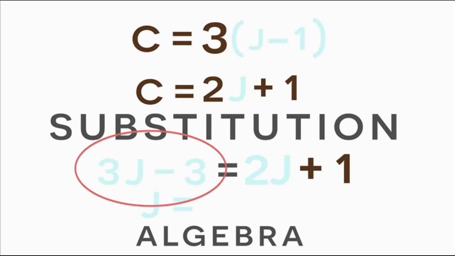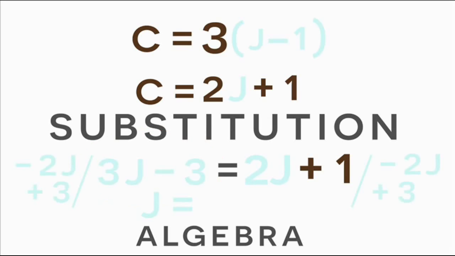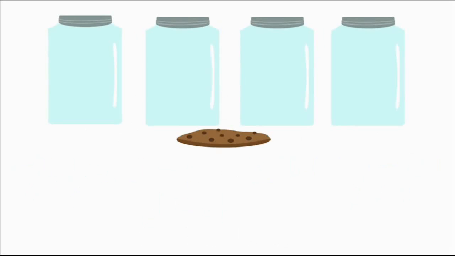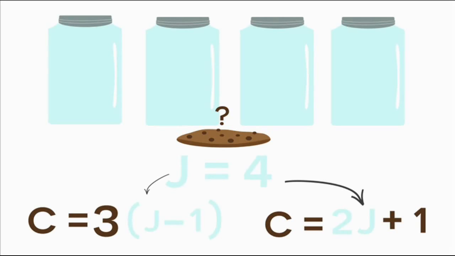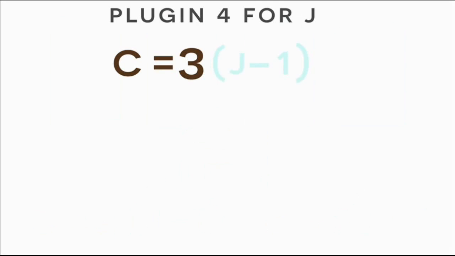And now we can solve for J and get J by itself by subtracting 2J from both sides of the equation and by adding 3 to both sides of the equation. And after we simplify this and solve for J, we get J is equal to 4. So now we know that we have 4 jars, and we can use this to find exactly how many cookies we have. Let's plug in 4 for J into any of our first 2 equations. Let's plug in 4 into our first equation,